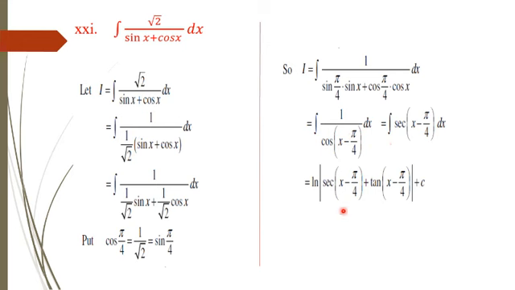Question number 22 is the same as it is, with 1 over 2 sin x plus square root of 3 by 2 cos x. And we know that sin 30 is 1 over 2 and cos 30 is square root of 3 by 2. Then replace the formula. Applying the fundamental law, we will get the final answer. Question 22 is your homework.